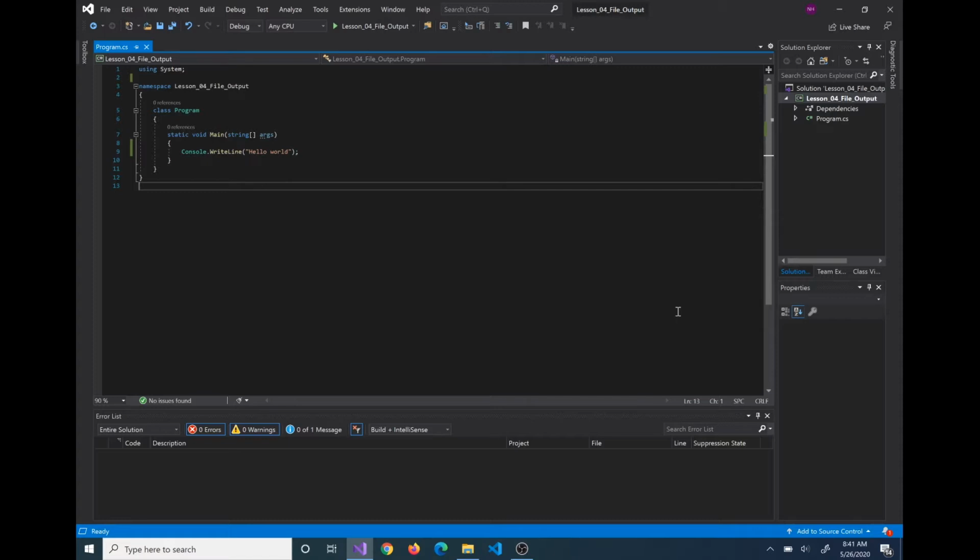So the first thing we need to keep in mind here is that when we've been writing our programs to this point, we've been just using classes and objects that are available in basically the standard system namespace. And if we look at the top of the program here, you can see this first line says using System. What you can do for now is just think of this namespace as like a big catalog or a library. And inside this library are lots of different objects and classes that are available to us by default